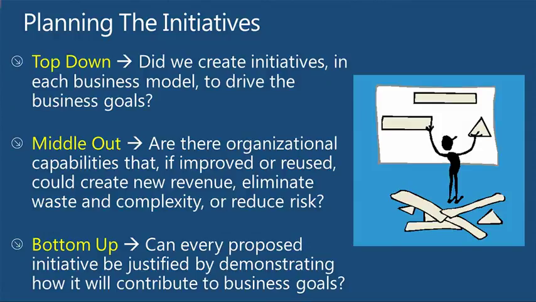This is part of alignment. If we say that we're going to do a strategy for a business model, was that an important business model? Is it a business model that we want to do a strategy for? If I have 2 strategies and they conflict, or I'm out of resources and I have 50 strategies and enough to serve 5, which ones are more important? Well, you got to go back to the importance of the business model. Sometimes a business model doesn't make a lot of money, but it's very, very important. And so the initiatives and the strategies tied to that model are going to rise up, even if it's not the one that makes the money.